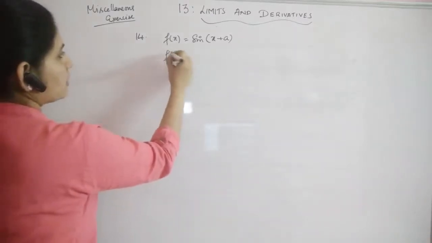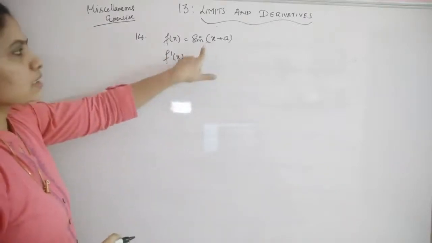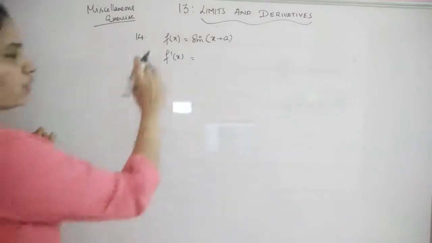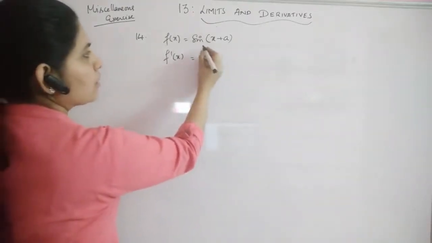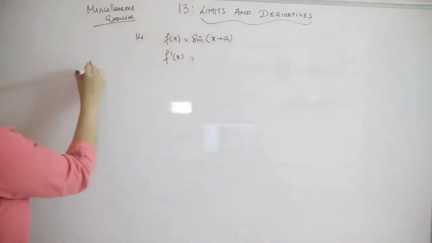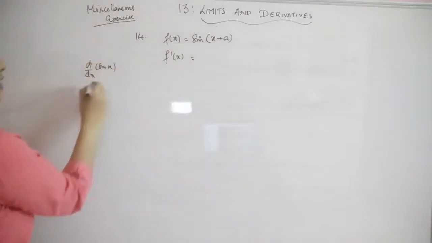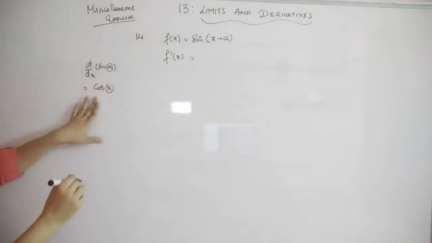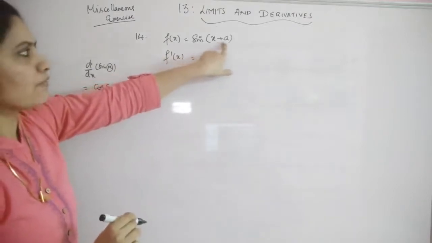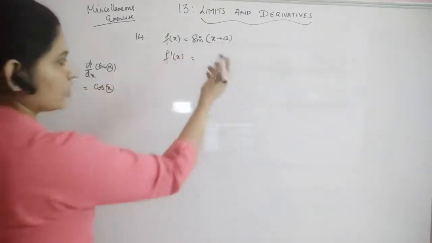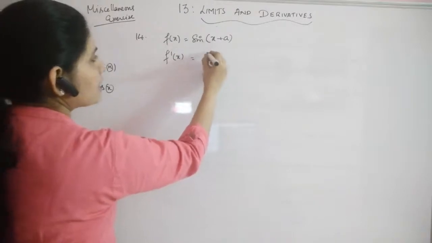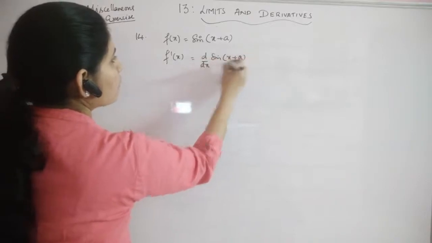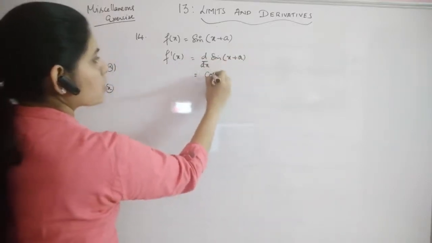Differentiating, this is a simple thing. What we need to do is, actually we have done such a problem in your first principle method. Now in direct method how you will apply is, you have to differentiate sine of x, what is the derivative of sine x, that we need to write. So it is cos x. So whatever is the angle, as such we have to write here. But since it is not x here, you have to differentiate this term also in your chain rule process. So first we will write the derivative of the sine function. So you will get cos of (x + a).